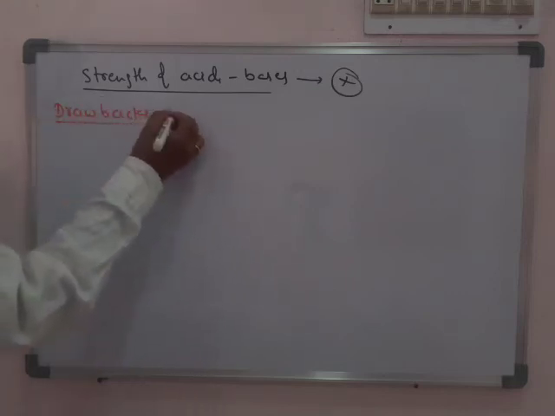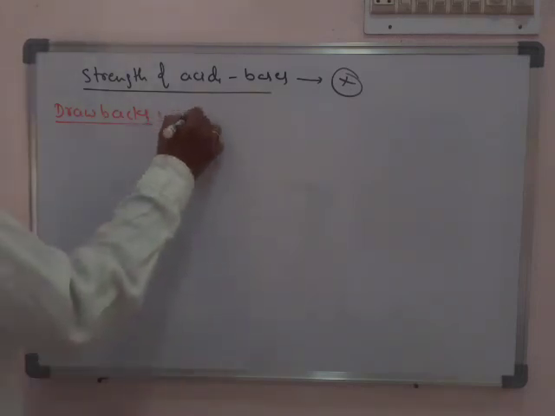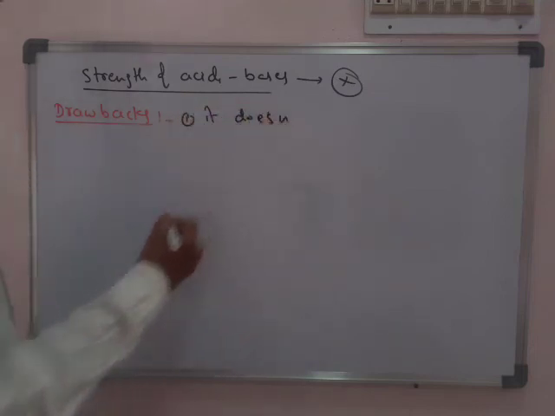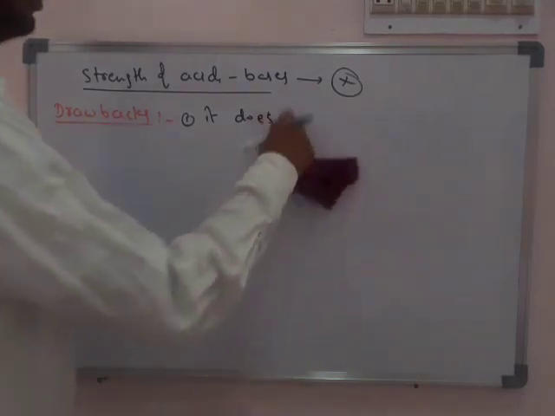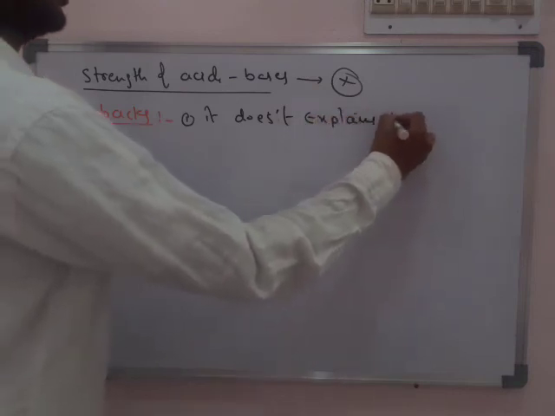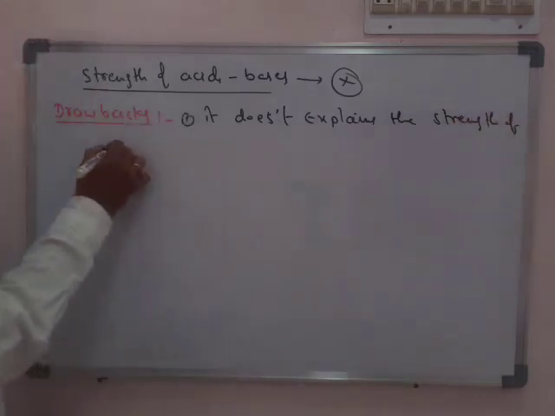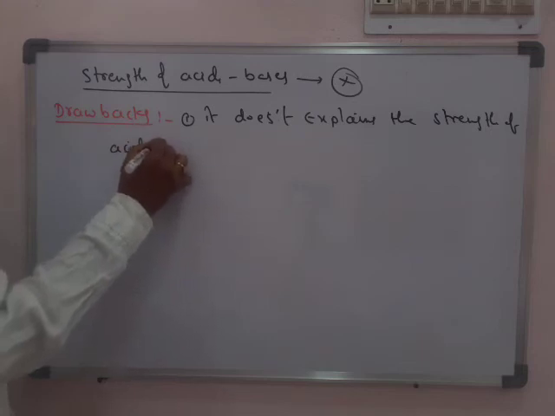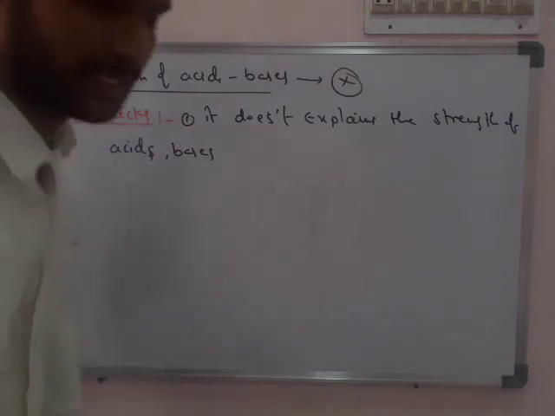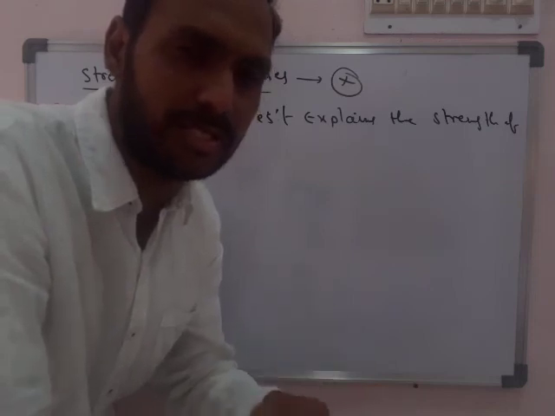What are the failures of this theory? We just discussed the main drawback: it does not explain the strength of acids and bases. So next, one more important point. Generally, leaving aside any theory, Arrhenius, Lewis, Bronsted,